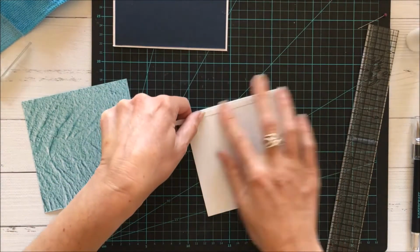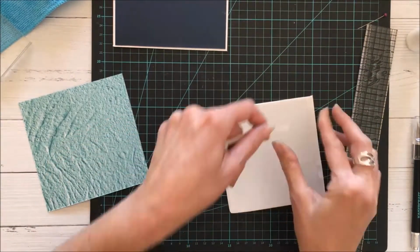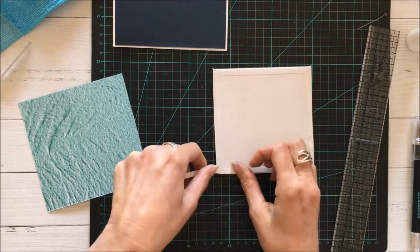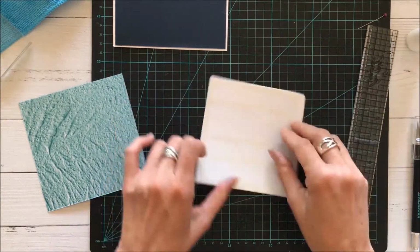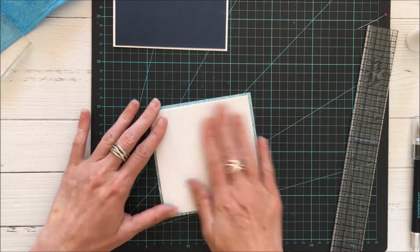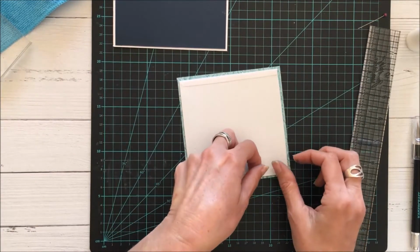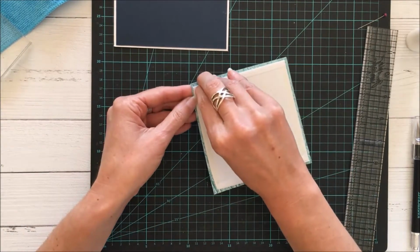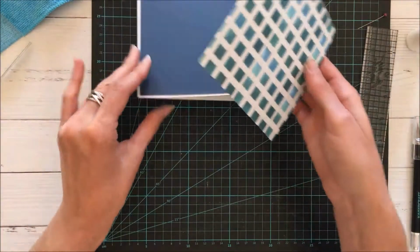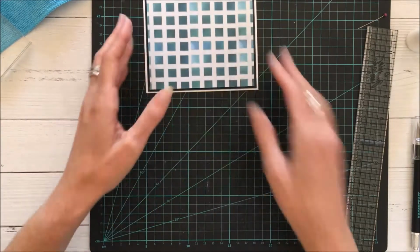So I'm just using some double-sided tape here to adhere my foam to the pattern paper layer, and I'm just going to adhere it around the edges and place some in the middle, so that I'm sure that nothing will be poking out the side. And now I'm just going to repeat that step so that I can adhere this to the base layer of my card. And when I adhere that, I try to center it as best I can so we can see the